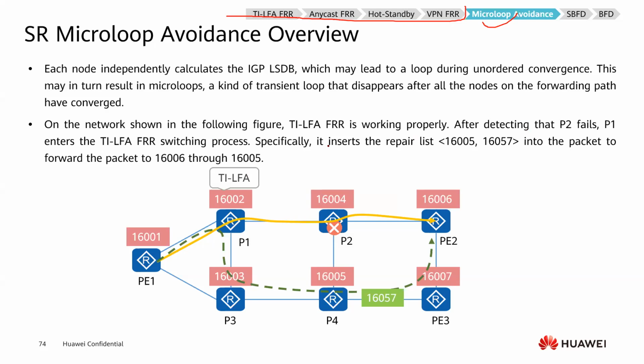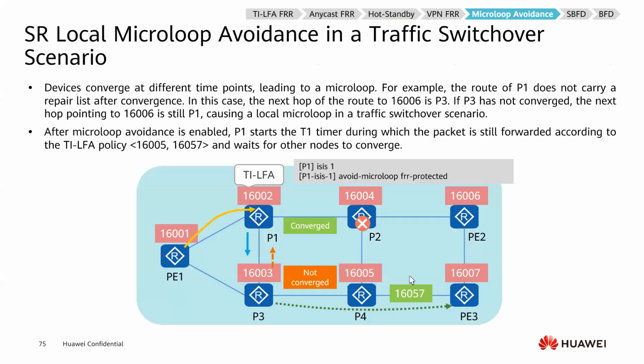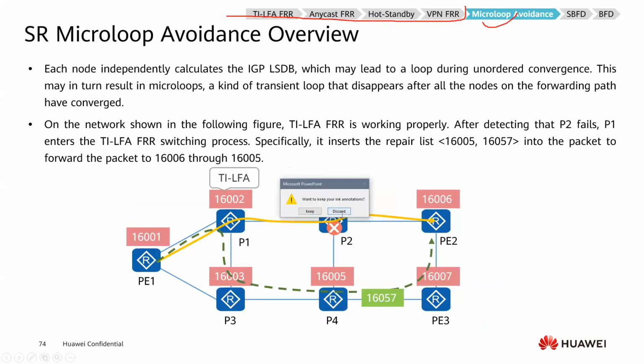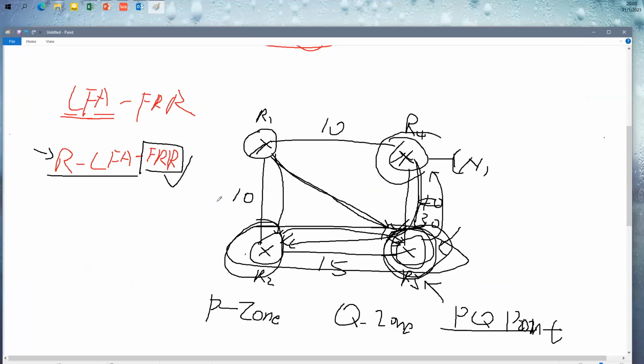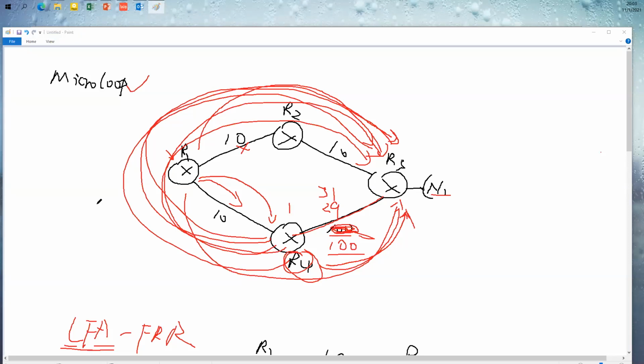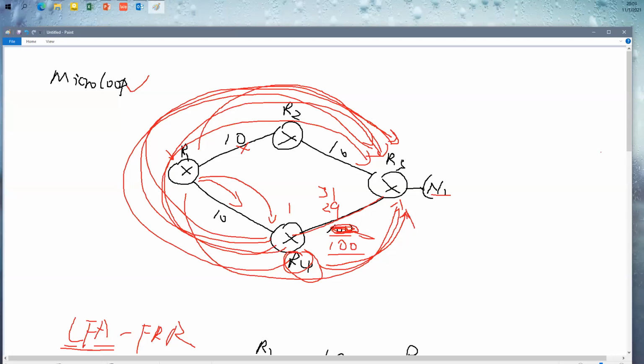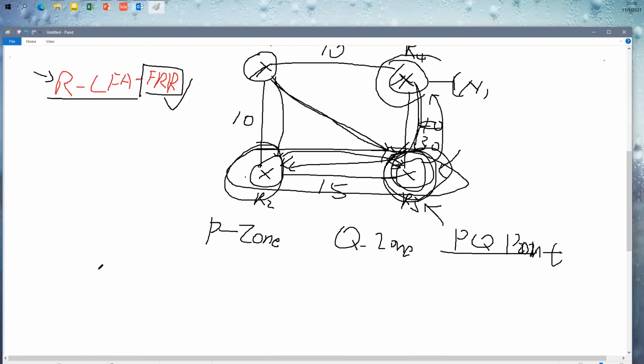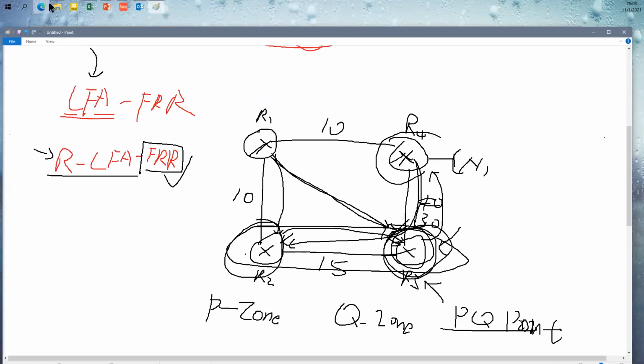About what a micro loop is, I already mentioned it before with this picture. When we talked about FRR, we already mentioned what a micro loop is. For FRR's micro loop, this can already be solved because when we do FRR, we use LFA, RLFA, TI-LFA to prevent that. But